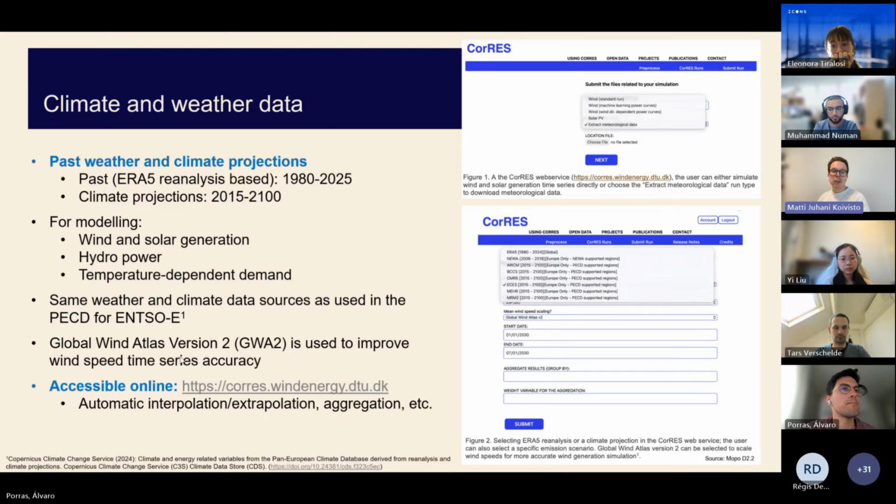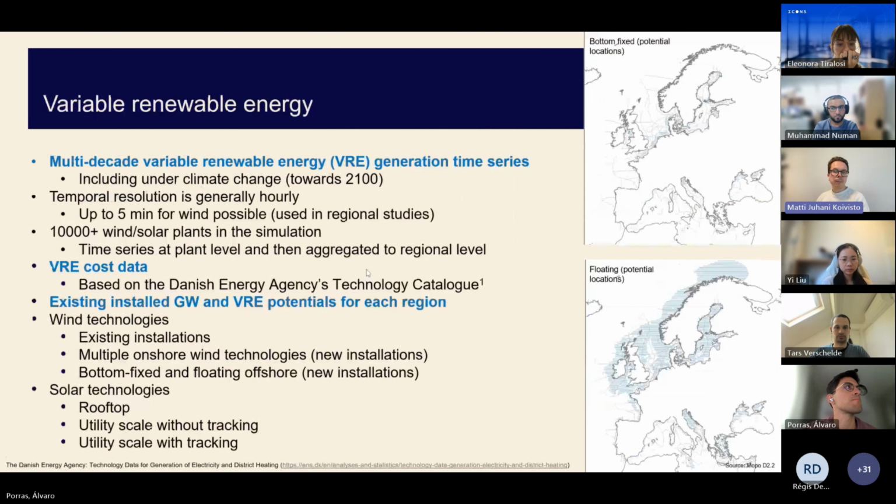And on the right-hand side, you can see a little bit how it looks. You can select different types of data and different datasets and so forth, and you have access to the entire time ranges that are mentioned on the left. But I think then we can move to the next slide, Álvaro, please.